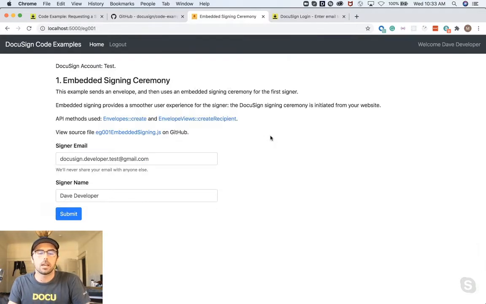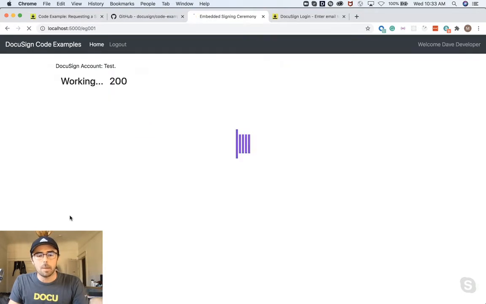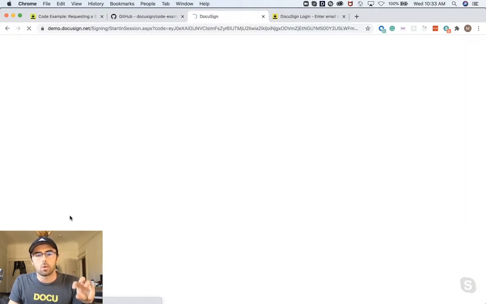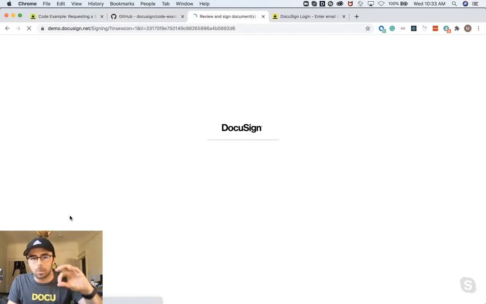So I always say, at this step, let's put on the pretending hat and pretend like you are an end user for your application. And right now, we are in your application. And there's some flow, and I enter in a signer email, a signer name, and I'm going to click this form, and it's going to navigate us to DocuSign. So let's click submit. What's happening is the envelope's being created, and your particular recipient URL is being generated, and now we're immediately redirected to DocuSign.